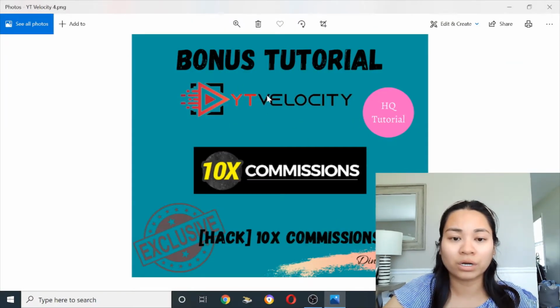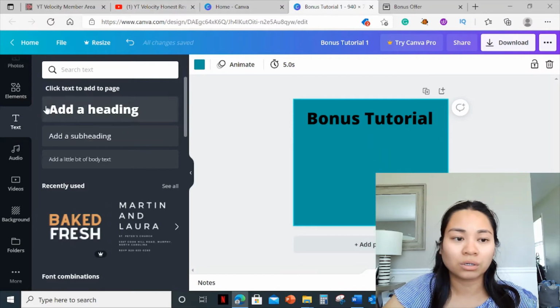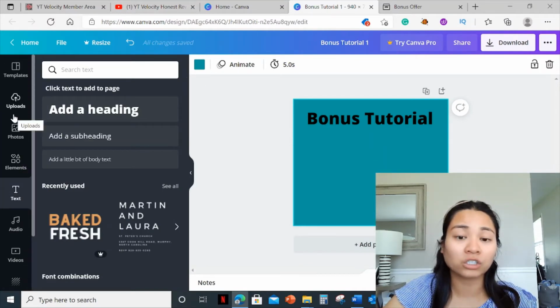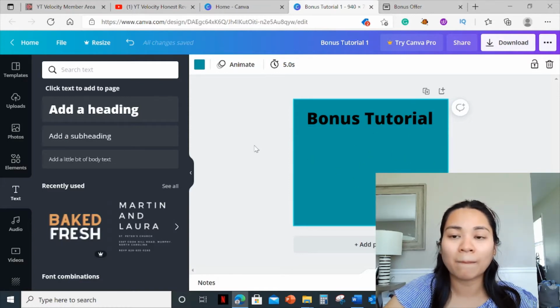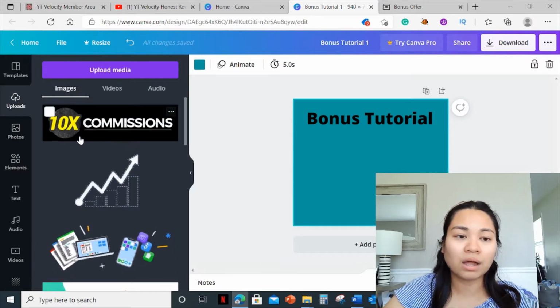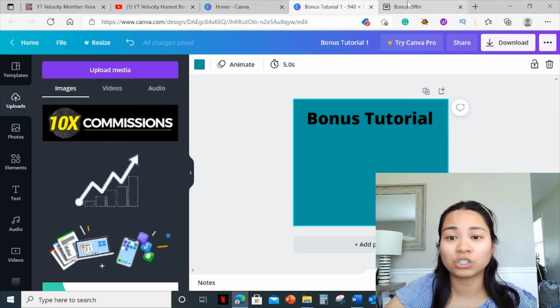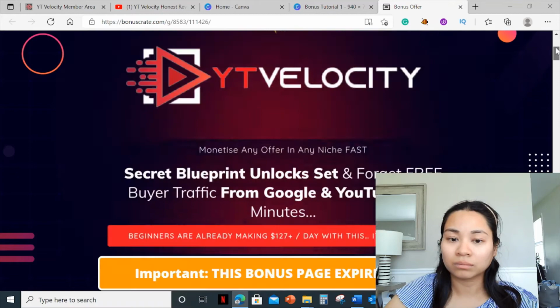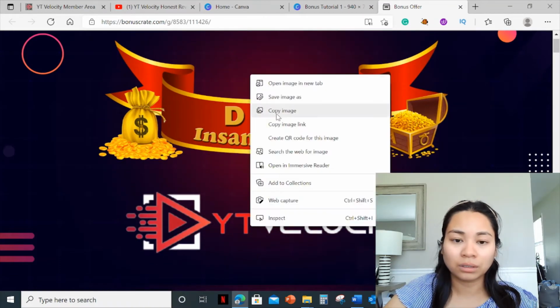Then let's say we're going to have to create, not create, but I think I can actually retrieve that image onto my, I actually created this. So if you created a previous graphic, and if you have uploaded that image before, it's actually going to show up over here under uploads. Now let's say, for example, you haven't uploaded this image before, all you got to do is just copy the image,